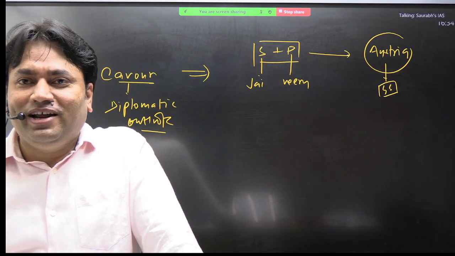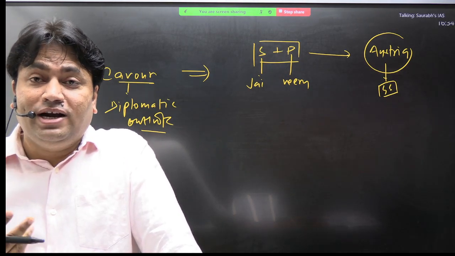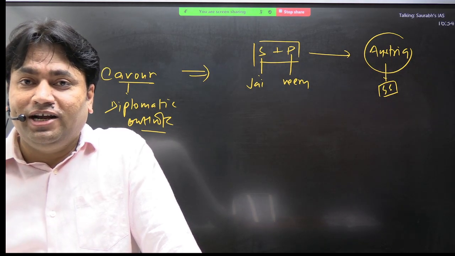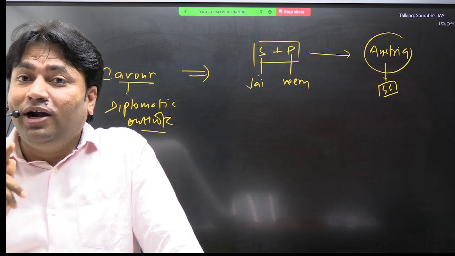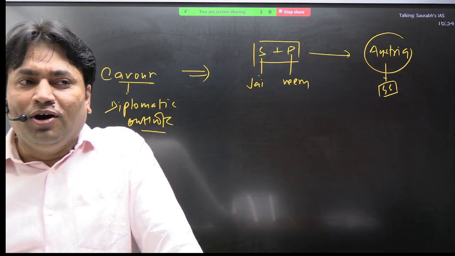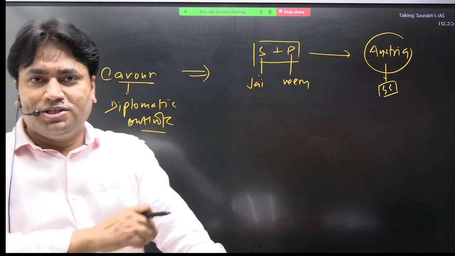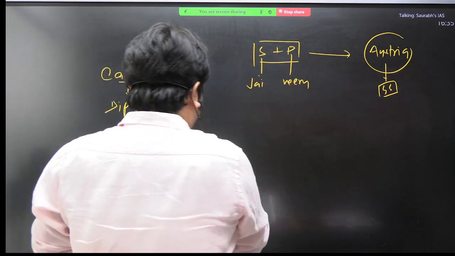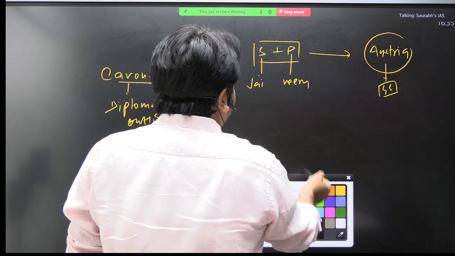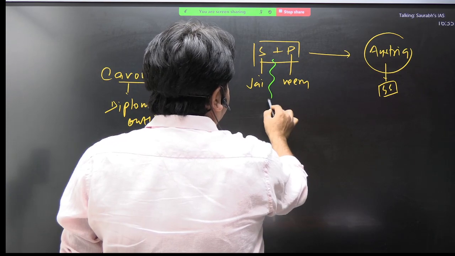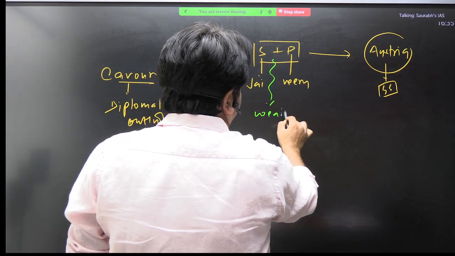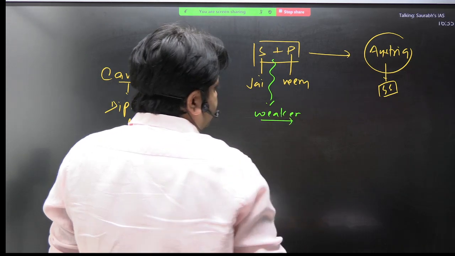So Cavour is very realistic. He says that it's true that Sardinia Piedmont is a prosperous state, but alone it is not able to challenge Austria. We cannot challenge Austria alone. It's not possible. When you compare the power and the strength of Austria and Sardinia Piedmont, Cavour says that we are weaker. हम कमजोर हैं ऑस्ट्रिया से. Okay?